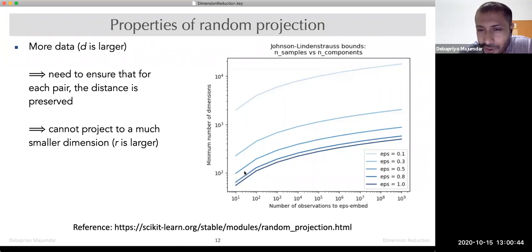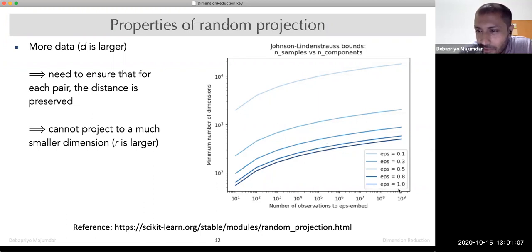You also have to project onto 100 dimensions. But even if you have, let's say, 1 million data points, it's a log scale, right? So with maybe around 400 dimensions or so, you can actually get